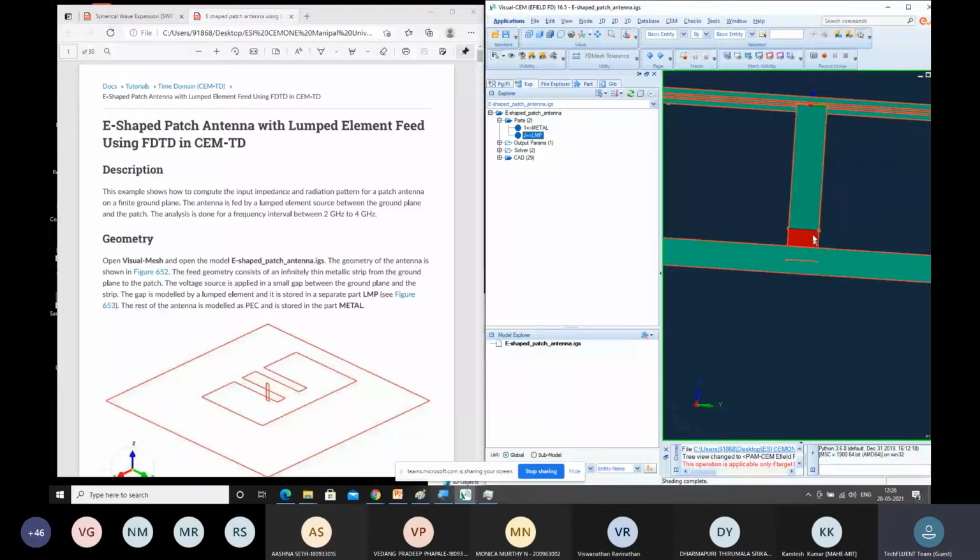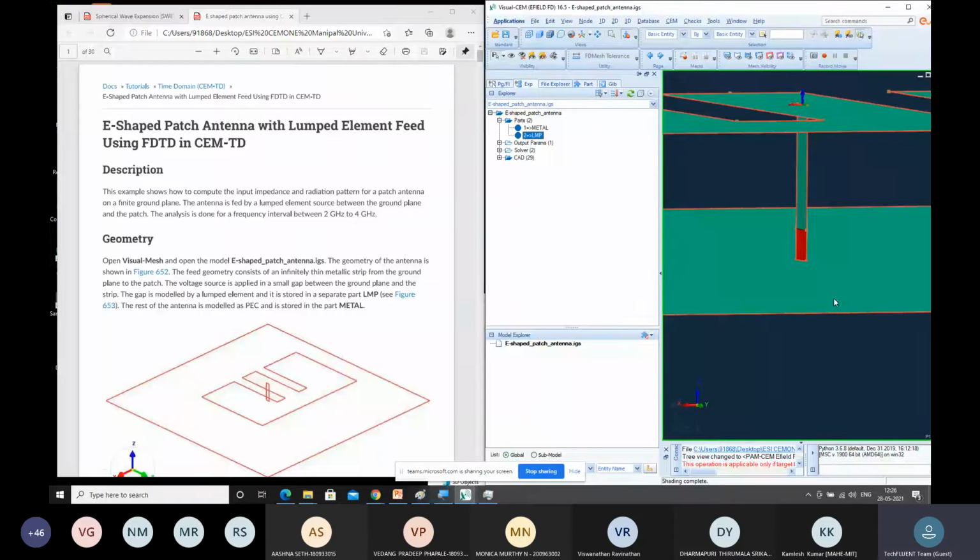So since both the elements are treated as metal, why exactly those are treated as metal is since both the elements should be metals. Patch principle is nothing but the intermediate layer, whatever you'll have, it should be a dielectric material. Either it could be air. Air has a dielectric constant of 1. So it could be air, and even you can go for RT duroid or the other structures.